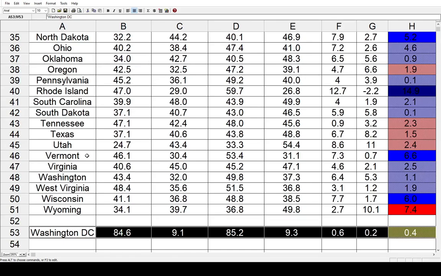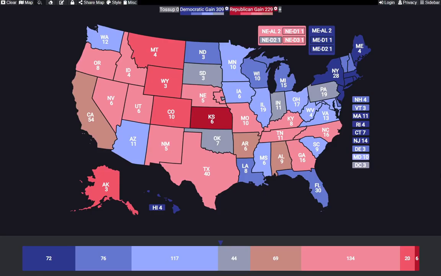So those are all the states and all of the shifts, and we could take all this data and help visualize it by applying it to a map. Here it is. It's the same basic shading. The darkest colors are going to be over 10-point shifts, and the very lightest colors, those are going to be the tilt margins. Those are under 1-point shifts, states like Indiana, South Dakota, and Arkansas.